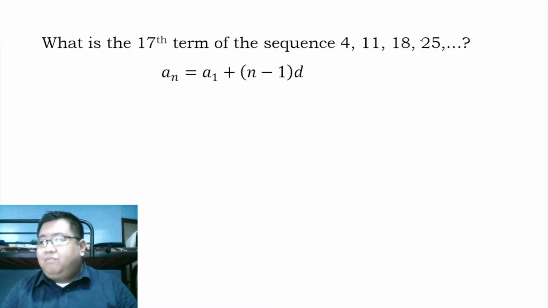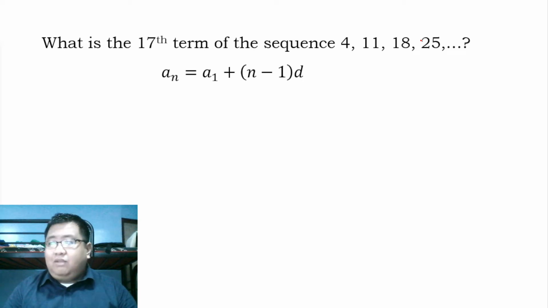In this case, we started with 4. To get 11, we have 4 plus 7. The next term would be 18, which we got by adding 11 and 7. 4 plus 7 is 11, 11 plus 7 is 18, 18 plus 7 is 25, and so on. Given this formula, to get the nth term of the sequence, which is a sub n,